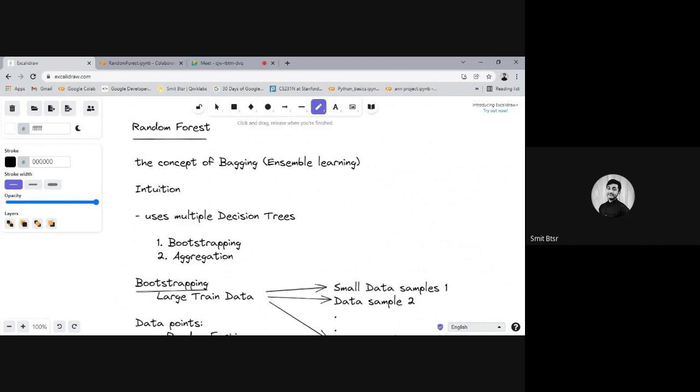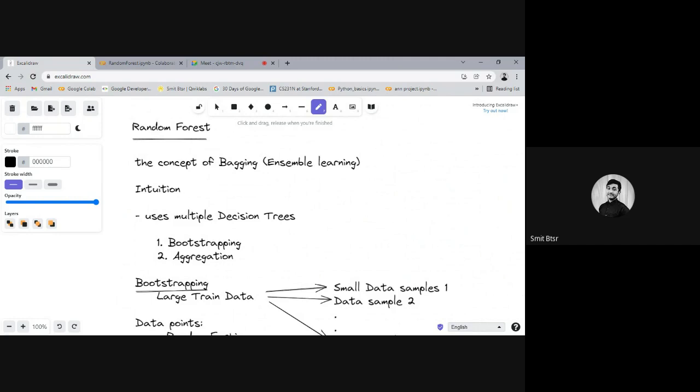The concept of bagging is using multiple, in this case people, to find one answer. Using the brains of multiple people to find one answer. In technical terms, we can refer to it as using multiple models to predict a single output.